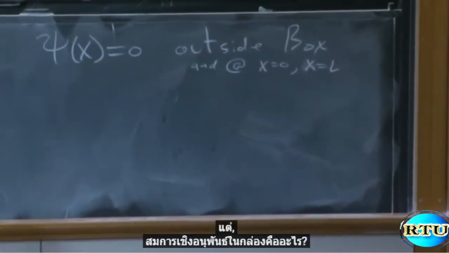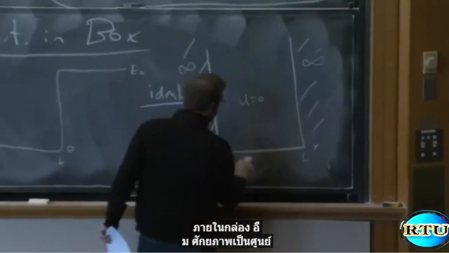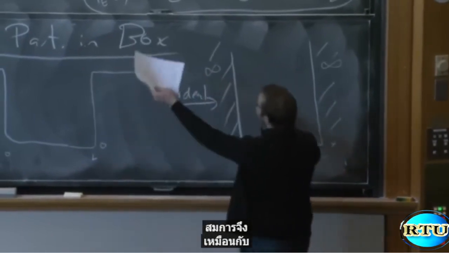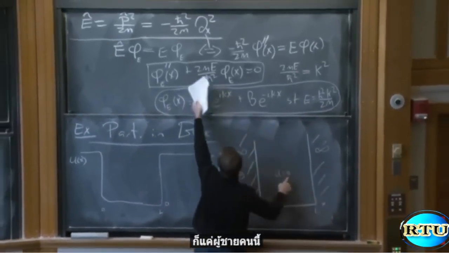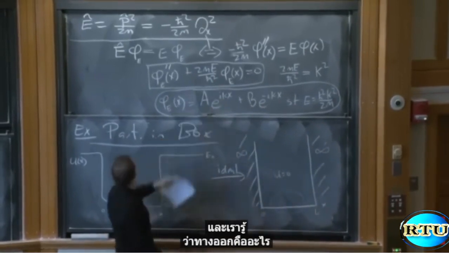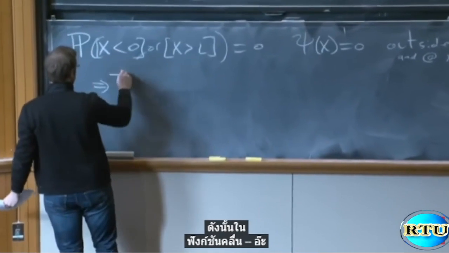OK. But what's our differential equation inside the box? Inside the box, well, the potential is 0. So the equation is the same as the equation for a free particle. It's just this guy. And we know what the solutions are. So the solutions can be written in the following form. Therefore, inside,